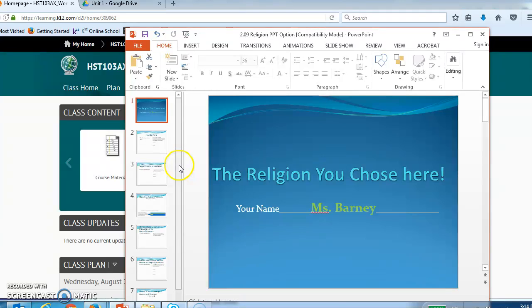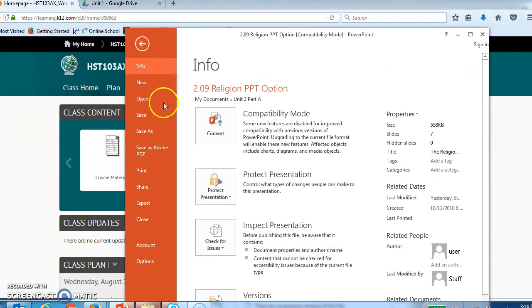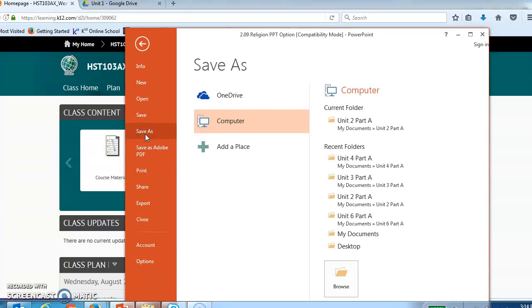So what you will have done was you completed your assignment. Maybe you completed it in PowerPoint or in Microsoft Word. So once your assignment is completed, you're ready to turn it in, then you're going to have to save that assignment. So you just go to File, Save As, and then you can decide where you want to save it